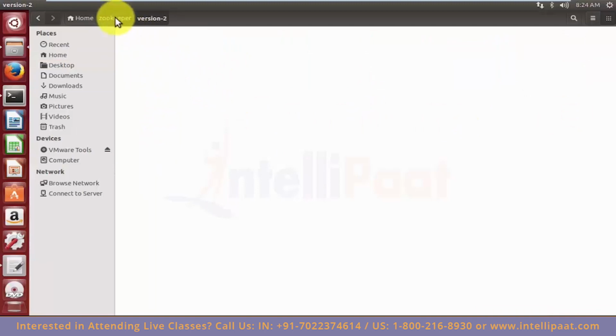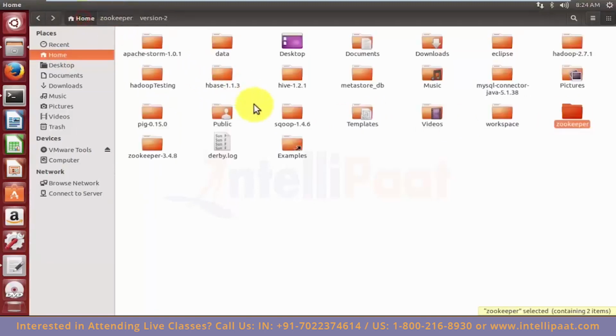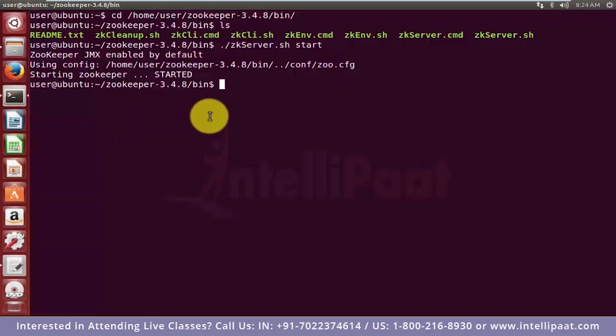We're not going to discuss this Zookeeper directory in detail, but just to let you know, the data directory that I had changed in my zoo.cfg configuration file has been created once I started my Zookeeper directory for the first time. Alright, so the Zookeeper service has been started and it is going to take care of the state of my